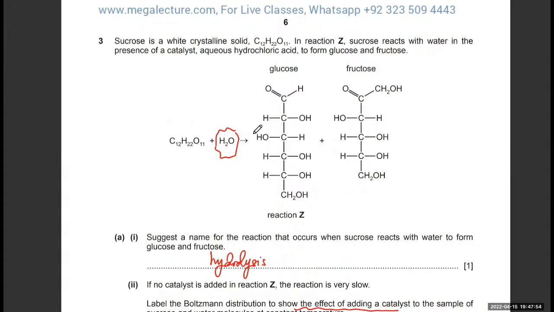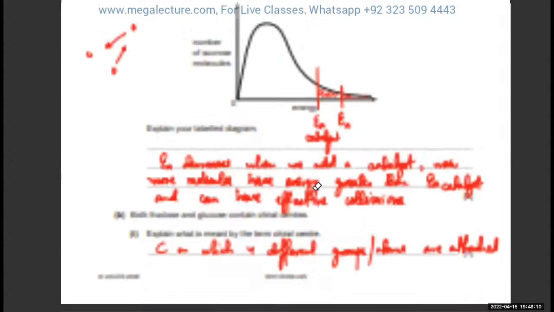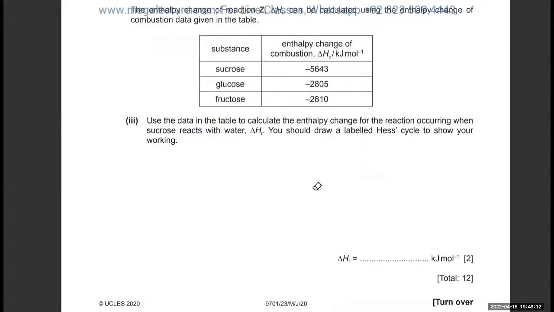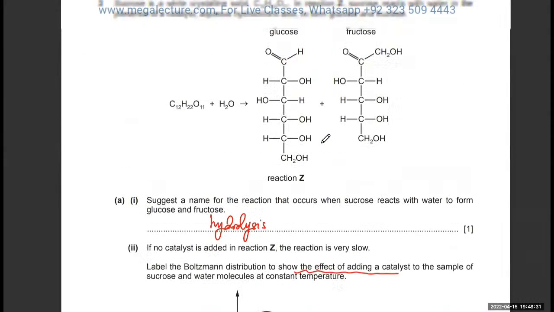The question is kind of really simple. Otherwise, it's simply what's happening is that you've been given the enthalpy. So let me write the equation over there. C12, H22O11. So you've got C12 H22O11. There's one water molecule that's being added to it. And the other thing that's happening is on the other side, you're getting